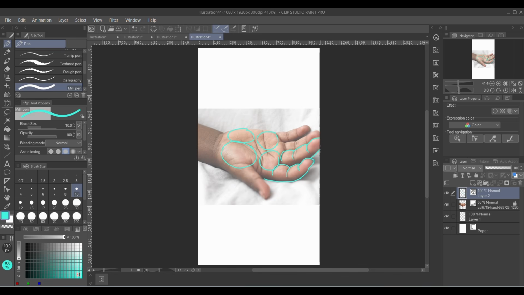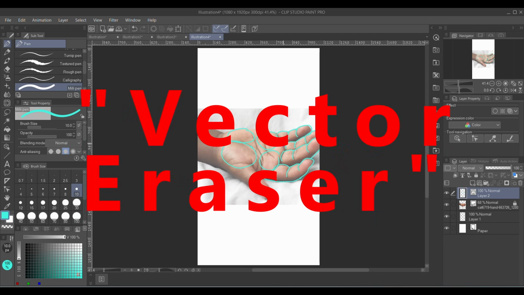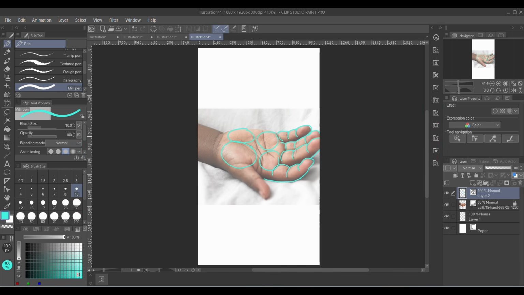But just like before, all we're doing is drawing over this picture, and we're figuring out the shapes and the lines in it, okay? So one thing I didn't mention was one of the reasons we draw in vector, other than the fact that we can make it bigger or smaller without it looking any different, is that we can use a vector eraser. And a vector eraser allows us, if 2 lines overlap,